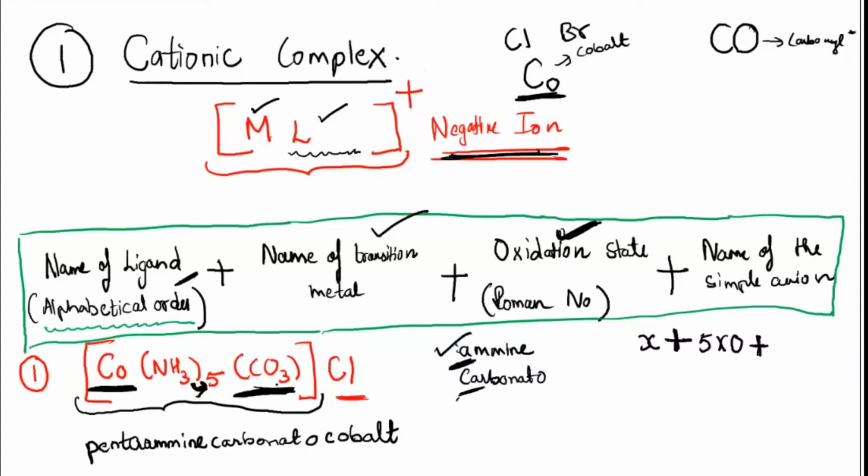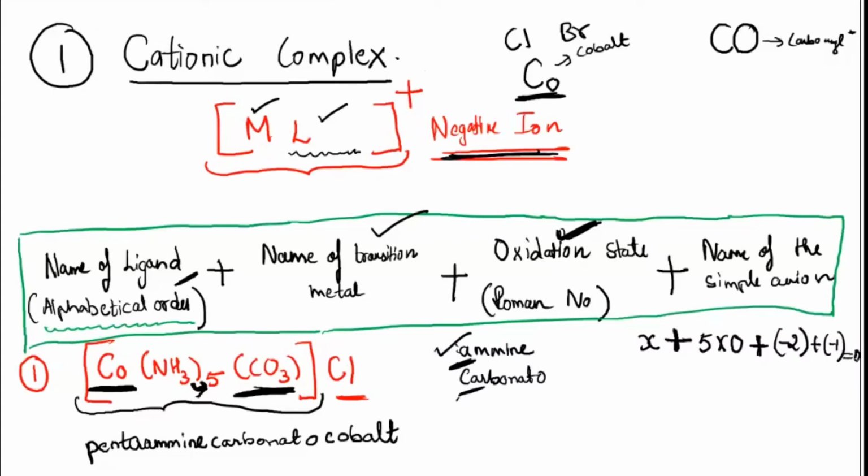Carbonate. Carbonate charge. CO3. What is the charge? CO3, and only one carbonate is there. Yeah, 2 minus. Correct. 2 minus. Very good. And then after that, next what am I having? Chloride after that. So then it will be plus into minus 1. No? And this whole coordination compound by nature is neutral. Okay, it's a neutral salt. The coordination sphere is positively charged, but that positive charge got nullified by the negative chloride ion. So the whole coordination compound has 0 charge. So equal to 0. You should write equal to 0.